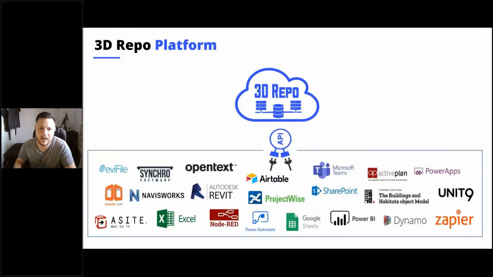Underneath that platform, it's all held up by our open API. So these are some of the integrations that either we've done or our clients have done. And these range from really embedded things like where we've taken the Synchro format and embedded it directly into 3D Repo so we can accept it and understand the 4D stuff that comes from Synchro,